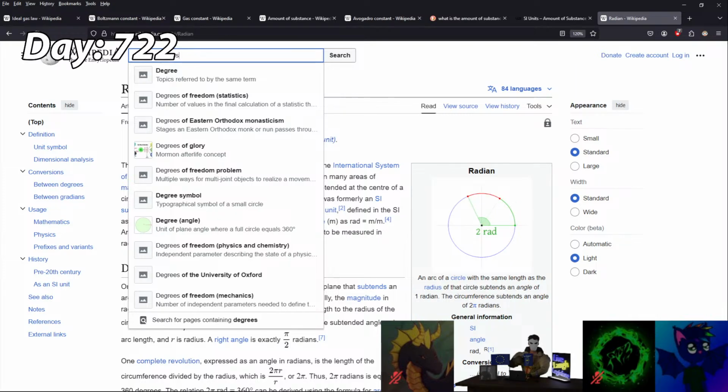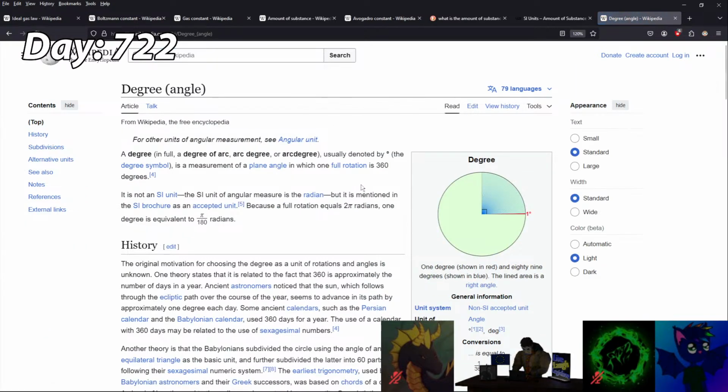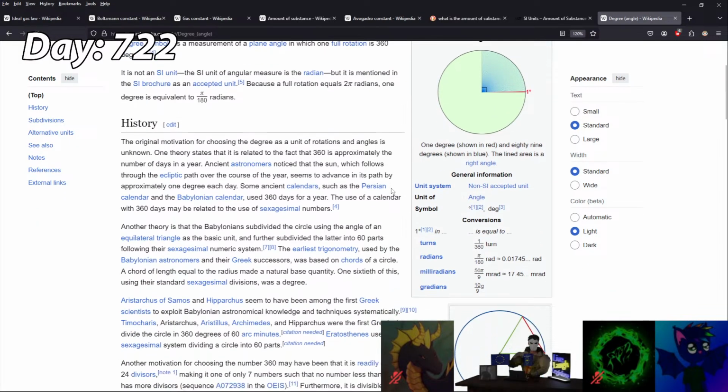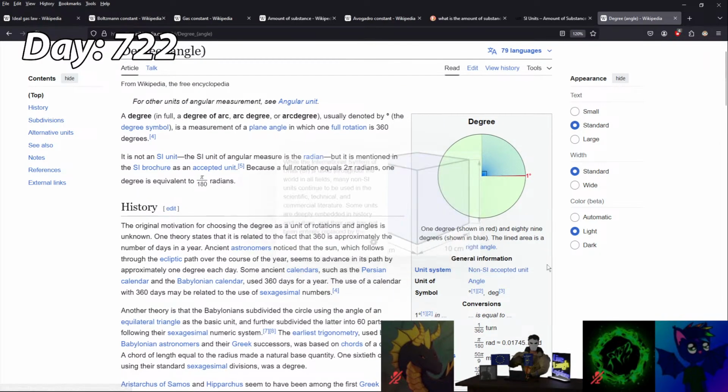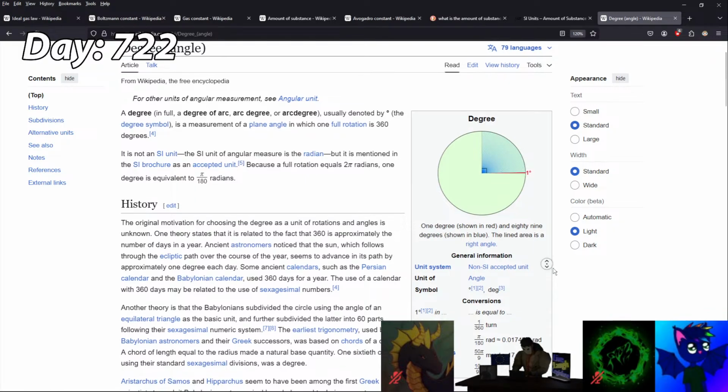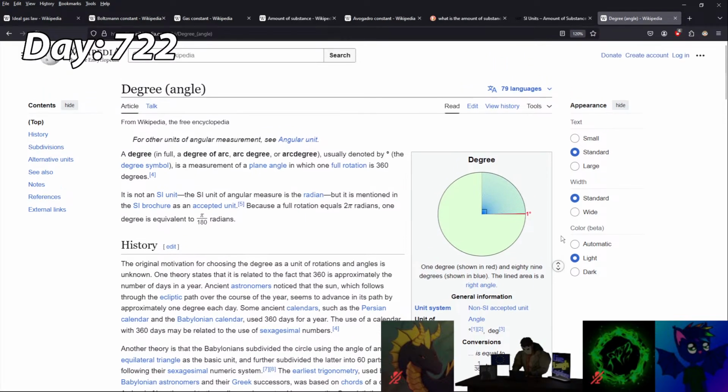Degrees of freedom. That's not quite what I'm looking for. Degree angle. This is a non-SI accepted unit, and to convert it to radians, you do not multiply it by a constant that has a dimension. You multiply it by a dimensionless constant. So it's a dimensionless unit times a dimensionless constant that gives you a dimensionless. So not only is it not SI accepted, it is also dimensionless. Yeah, I know it's not SI accepted, but. So in this case,